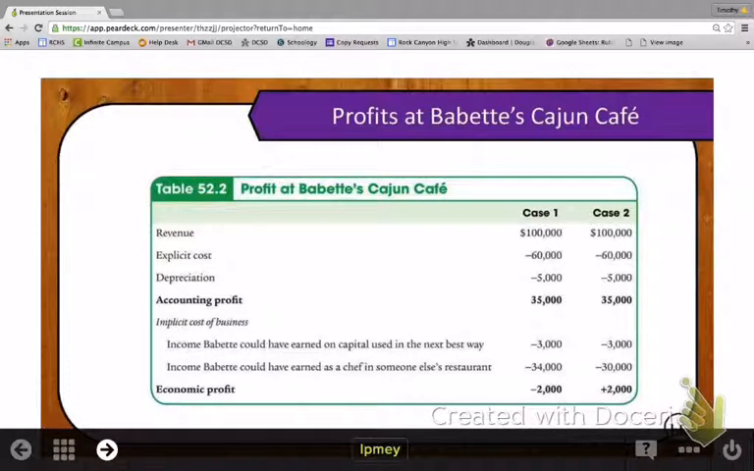So if we look at Babette and her Cajun Cafe, we see that Babette takes in revenue of $100,000. She has an explicit cost of $60,000 and depreciation of $5,000. So that gives her accounting profit of $35,000 a year. And again, we'd look at that and say, oh, she's profitable. But if she used her capital in a different way, she could have earned $3,000 on it, so we have to include that as an implicit cost. She could have worked as a chef in someone else's restaurant, earning $34,000, so we have to include that. And when we add those $37,000 and subtract them from $35,000, we see that she has a negative economic profit